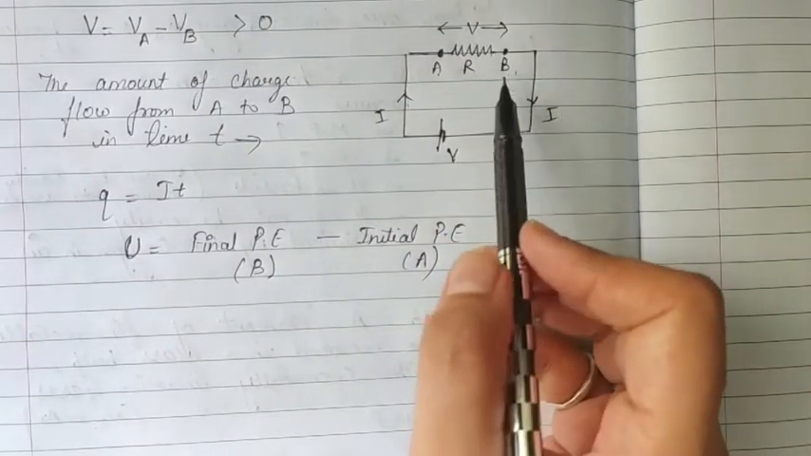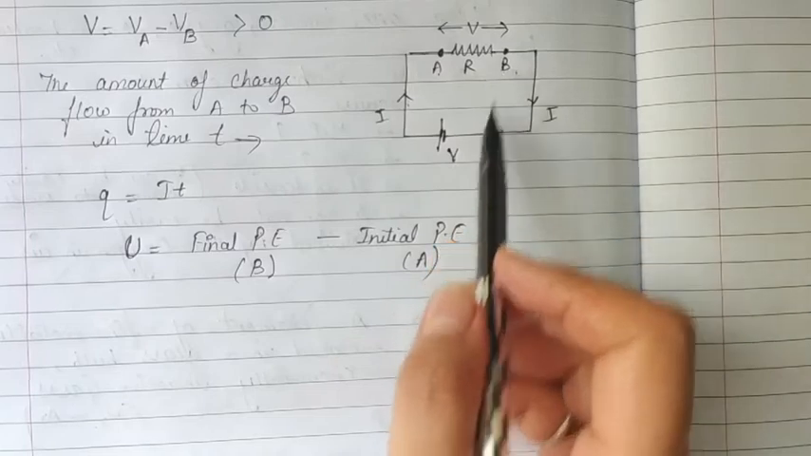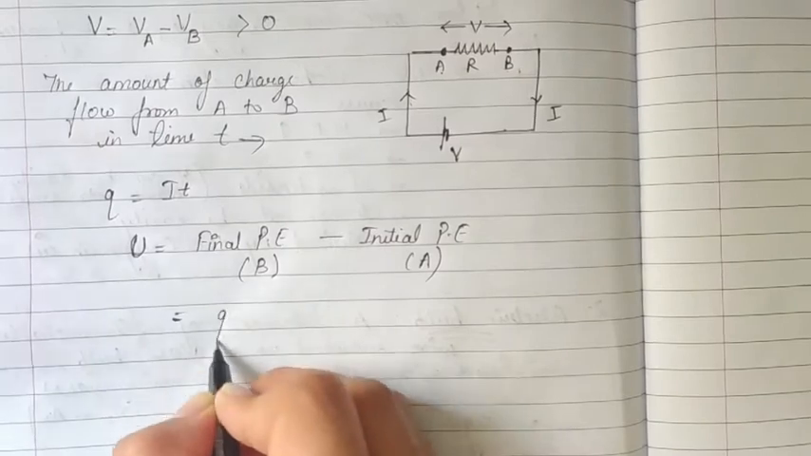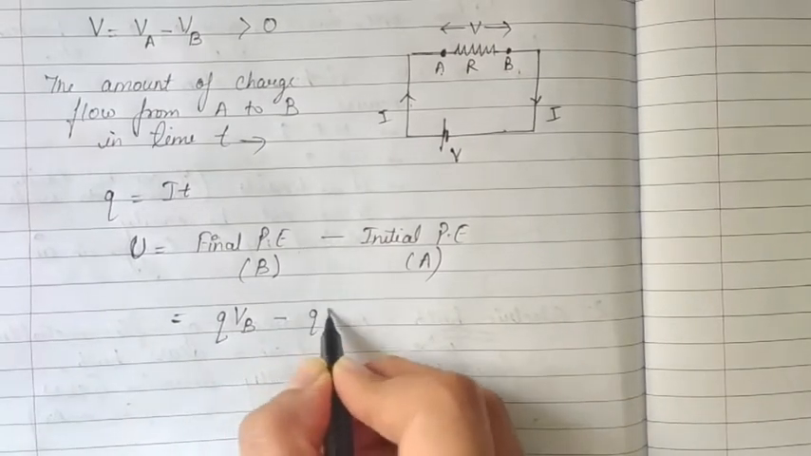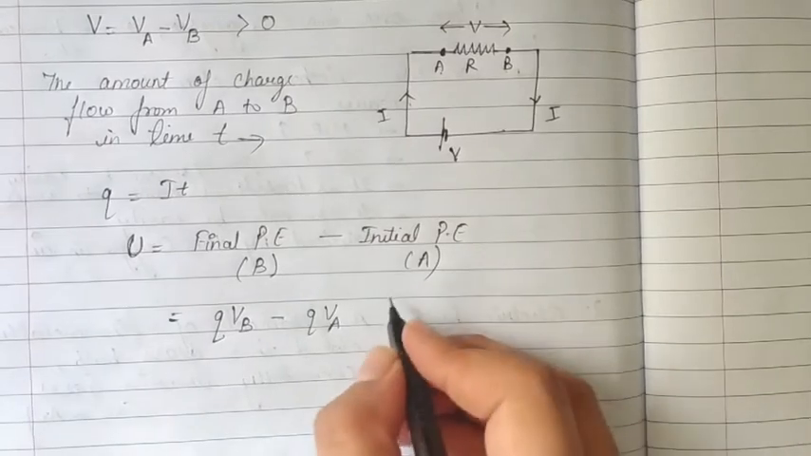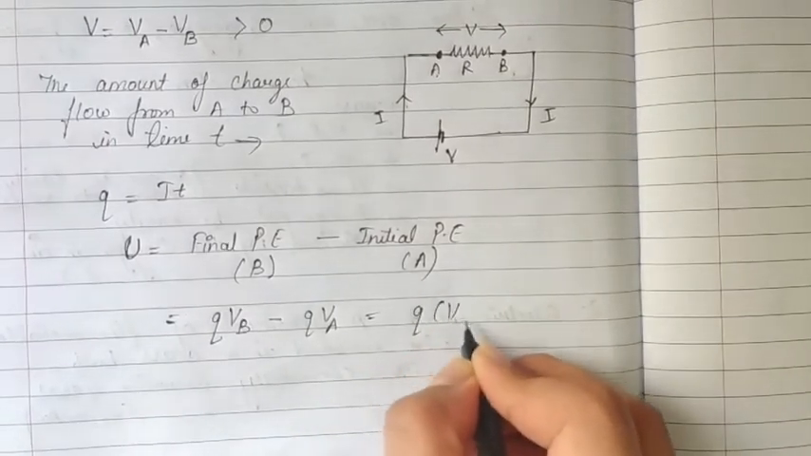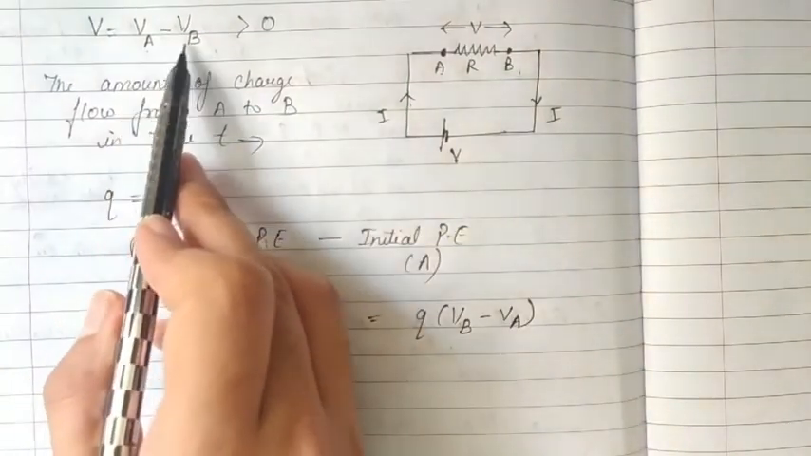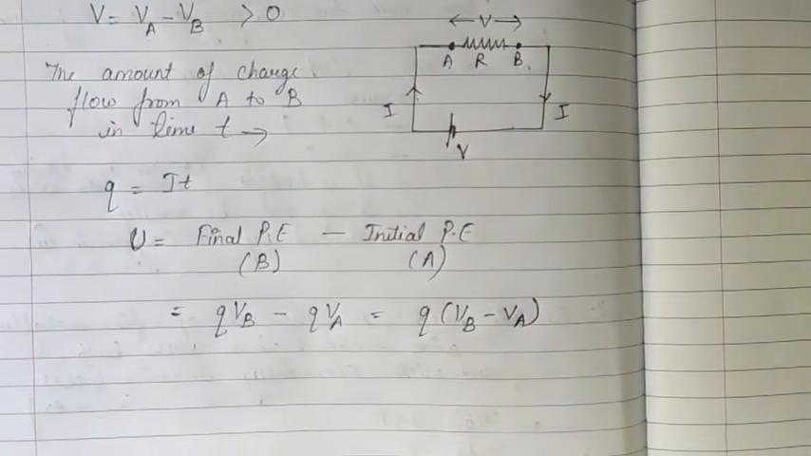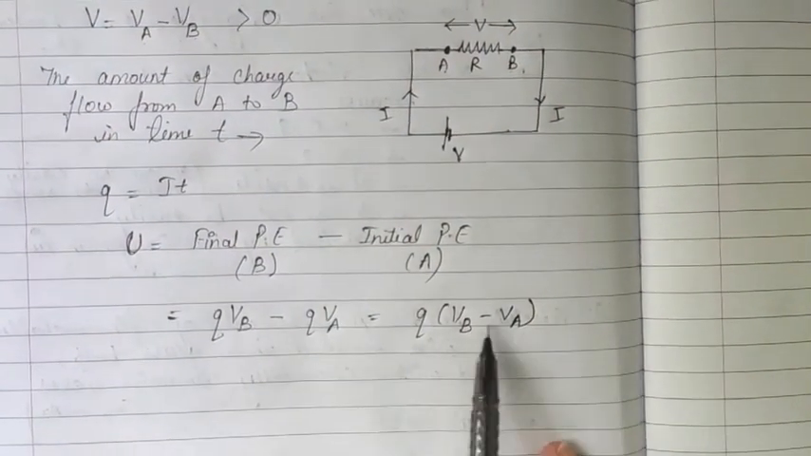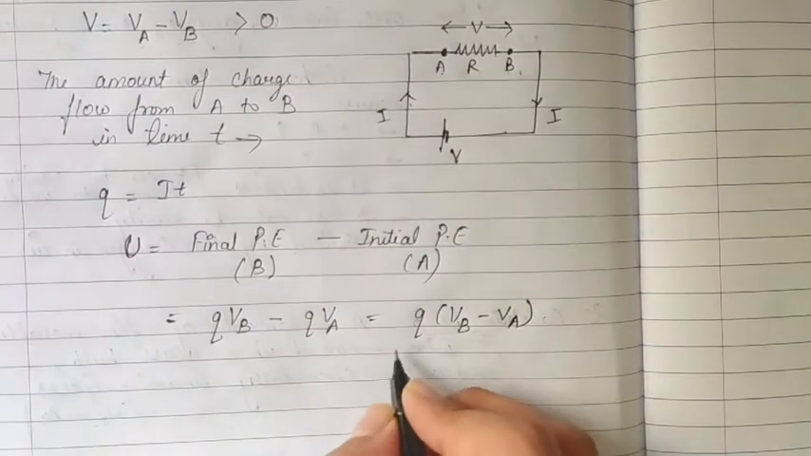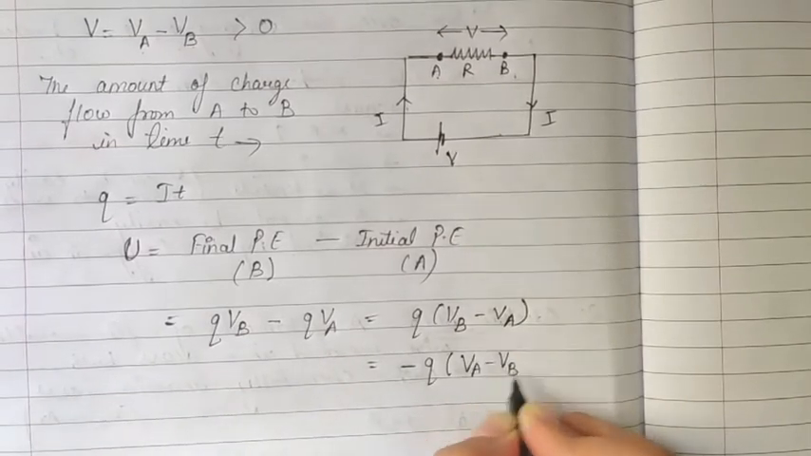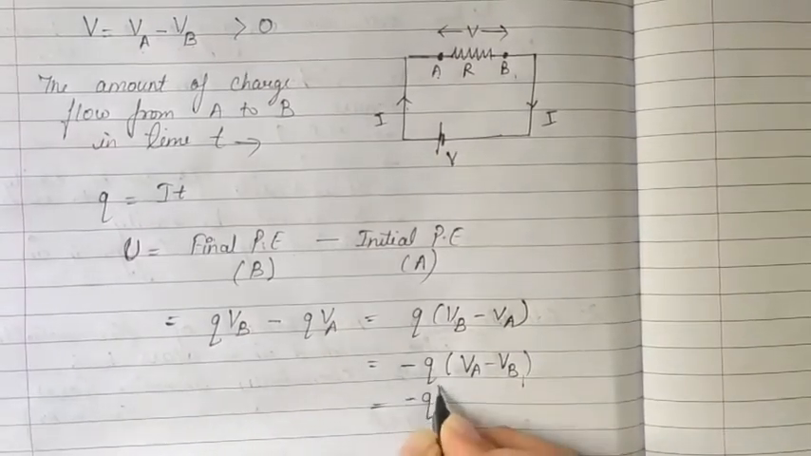तो जो भी आपका चेंज आएगा पोटेंशियल एनर्जी का, it will be final potential energy minus initial potential energy, and this will be equal to qVB minus qVA, or q(VB minus VA). Now we have considered VA minus VB more than 0, means VA बड़ा है और VB छोटा है, so this answer is going to be negative. So let it be minus q(VA minus VB), and consider it as minus qV, meaning this answer will